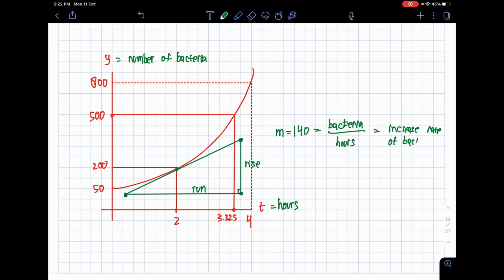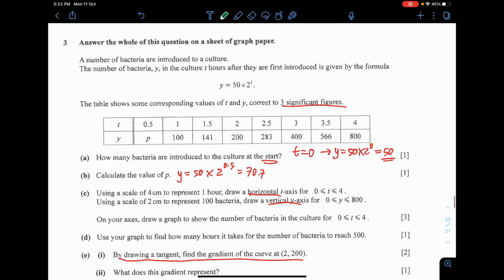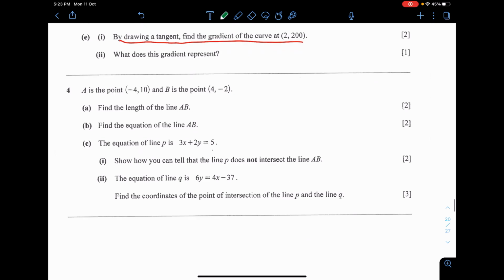Okay, per hour. Okay, why is that so? If you go back to Sec 1 topic, ratio, rate, and speed. Rate is a definition of something that is changing per hour, per second, per minute, per time limits. And you can see that hours is actually on the denominator. That's why you have to claim that this is actually the rate. Rate of what? Bacteria growth. The growth of the bacteria per hour. You can say that also. Alright, that should be good enough, I guess.